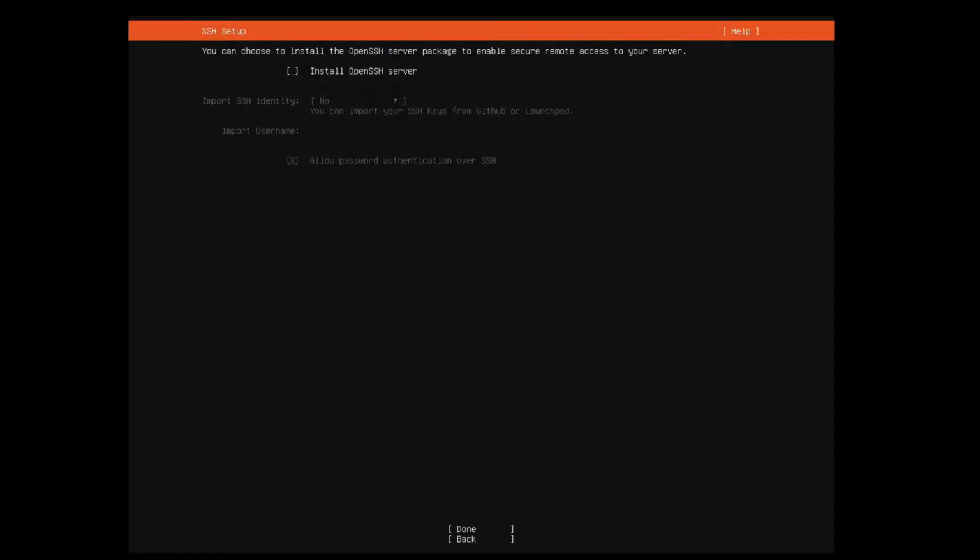Now in this case I would highly recommend that you install SSH server, because we will use it and you would have to install it after the server installation, so just press spacebar. And when you press it you see that it selects the install OpenSSH option. Now we can go on,